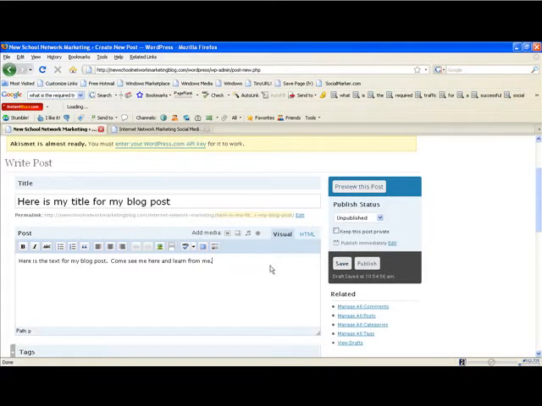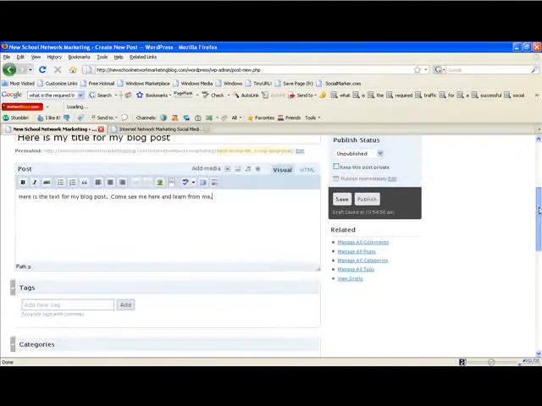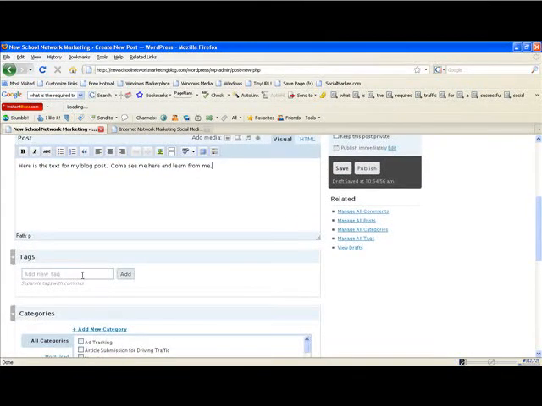And there's a couple other things you can put in here, like tags. What a tag is: the internet is very keyword driven, and if you put a specific tag in, and this is a little more of an advanced topic which you don't have to do, you could leave it completely blank if you wanted to, but if you put a specific tag in there and click the add button, it would make it easier for people to find on a search engine. I'll just leave it at that.